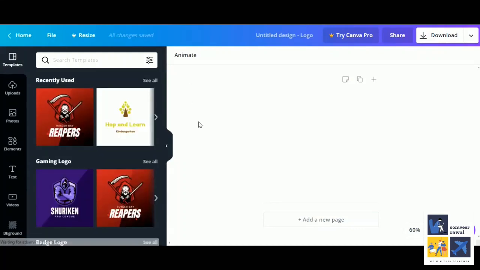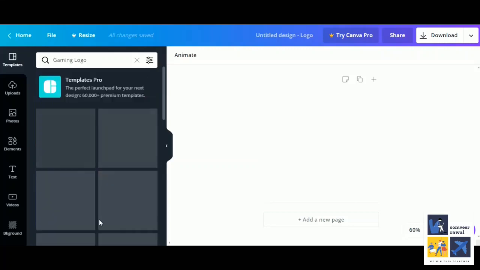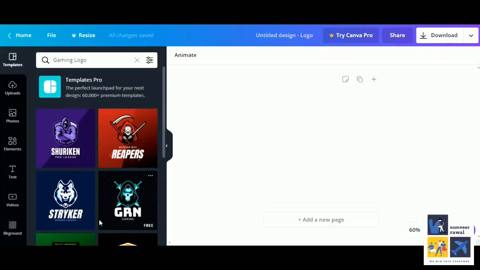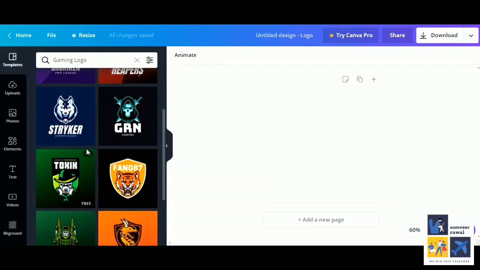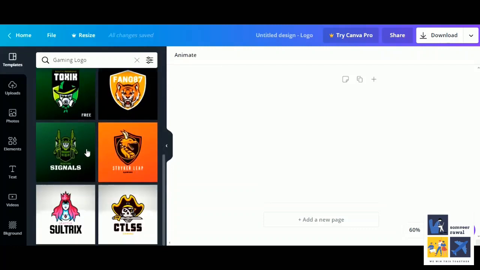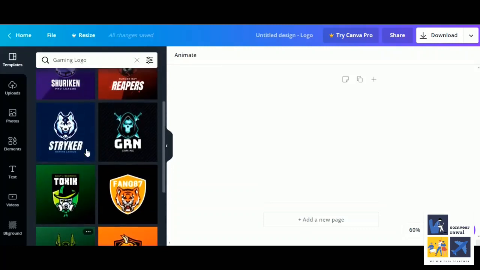You will be redirected to a new page. Now select a template from thousands of the free available. All the templates are categorized. Most of them are free. For our current purposes, we will choose gaming. Let's click on see all. Click on the template and it will be added to your work area, and to make any changes to it if needed. So if I click on any of these, maybe this,